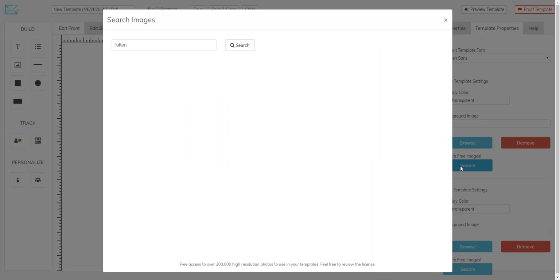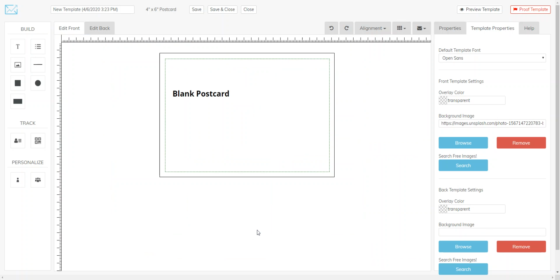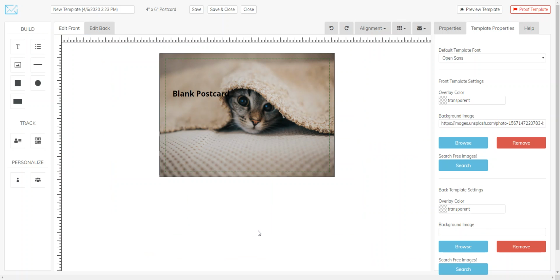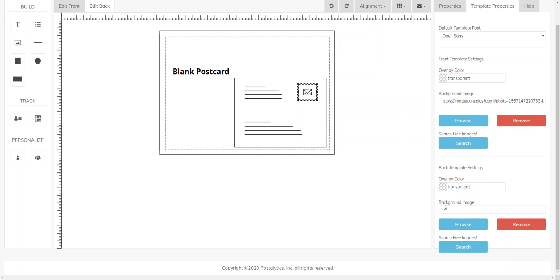search for images. And so you can see here I have typed in kitten. If I wanted to select say this guy, I click, and the image URL is then loaded here into the background image. Now let's go to the back of the postcard, and I can move down to the back template